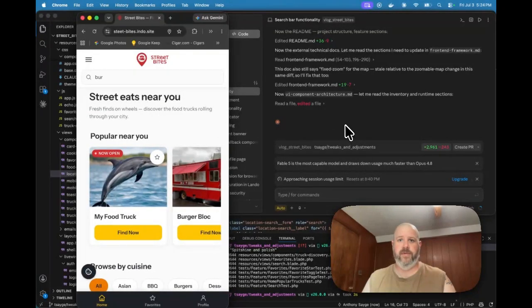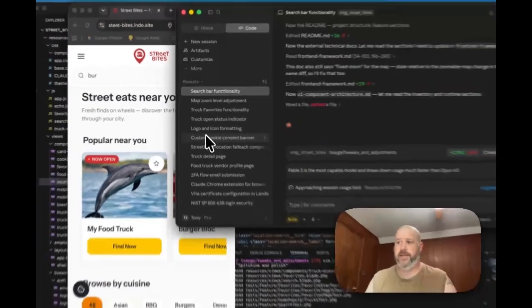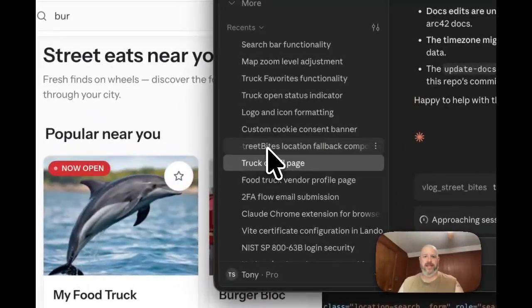So we've been working in Fable just because it's the newest, hottest thing, and I have a limited amount of time that I can leverage it. So while we've had Fable, I've been working in Fable and have maxed out my tokens twice. So we're doing a lot of good work here. Things that I've done. The last thing I did,